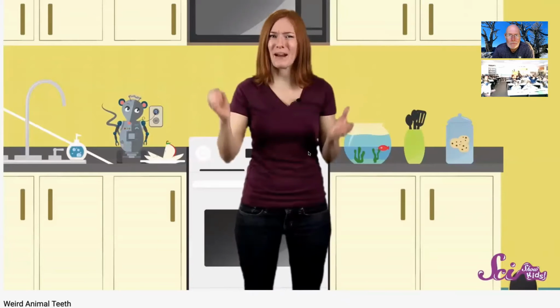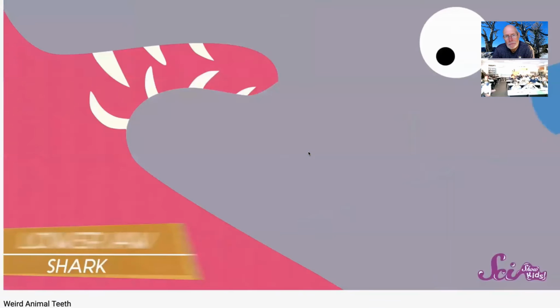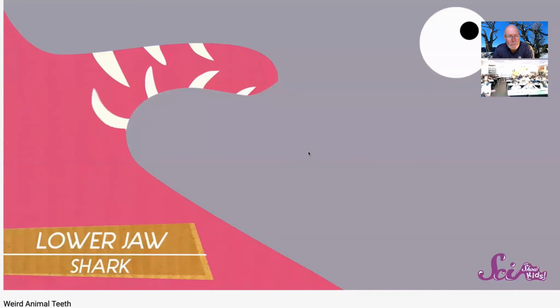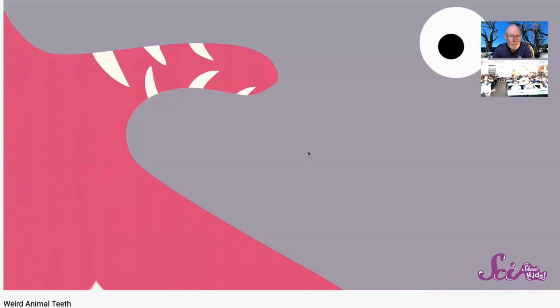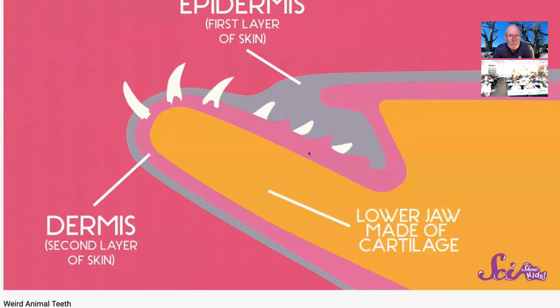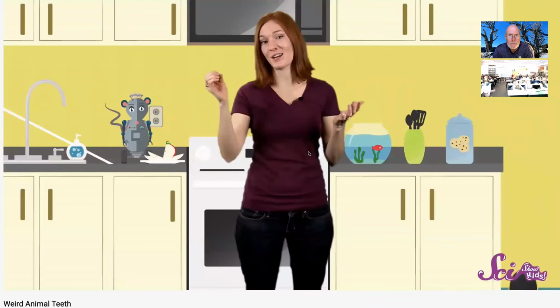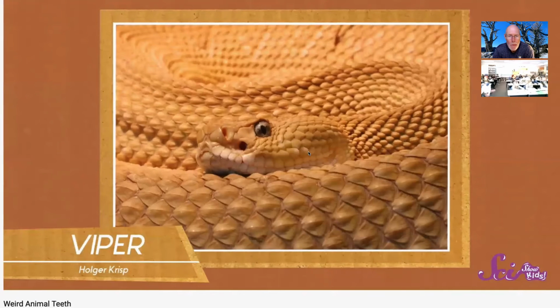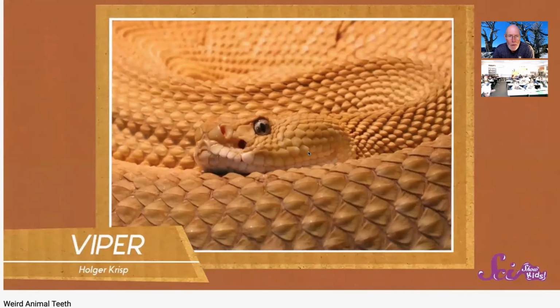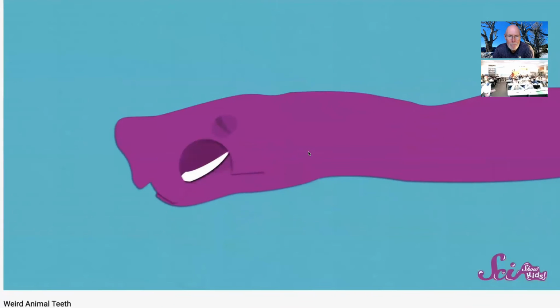Since sharks' teeth sit in this soft cartilage, they can lose them pretty easily, especially considering how they eat. Sharks feed by biting down harder than prey like seals or other fish, and they shake them from side to side with a lot of force. This can make their teeth come loose or even fall out, so they need to be able to replace them easily. Luckily for them, they have these rows of new teeth right behind the last ones just waiting to move up. When a shark loses a tooth, it's replaced by another one in just 1 or 2 days. Other predators have different kinds of teeth for catching food. Vipers, for example, are a kind of snake, and they have fangs. When a snake is resting, these special teeth fold up inside its mouth so that they're out of the way.